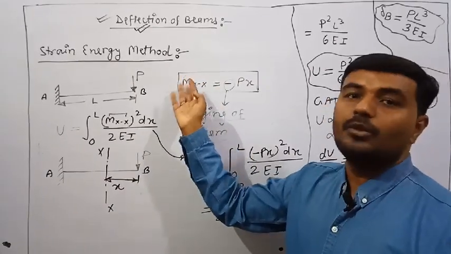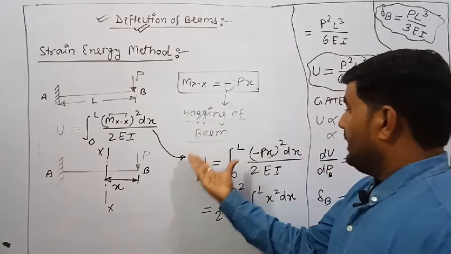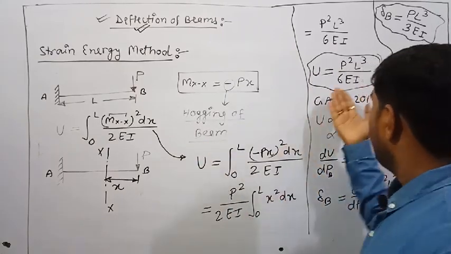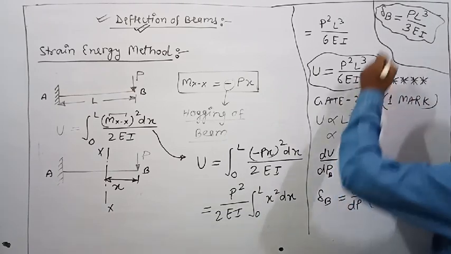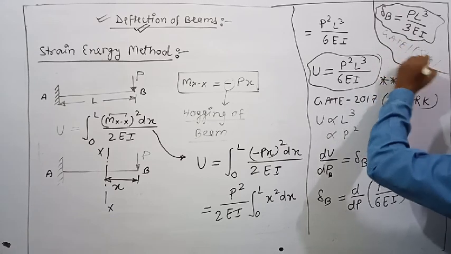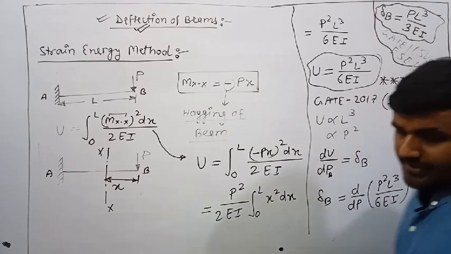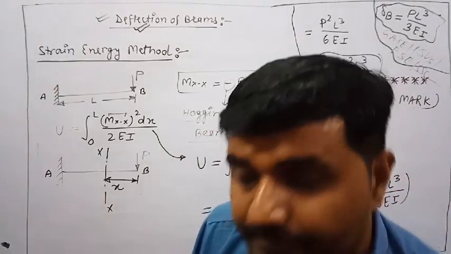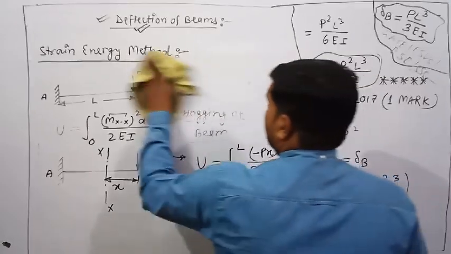Which moment? Bending moment. The negative sign is indicating hogging. Then we calculated strain energy, then differentiated with respect to force. This question has been asked many times in GATE, PSUs, ESEs and SSCs. So students, this is the problem. Now coming to the